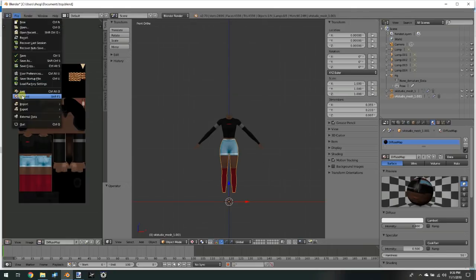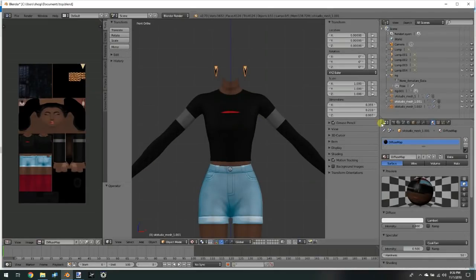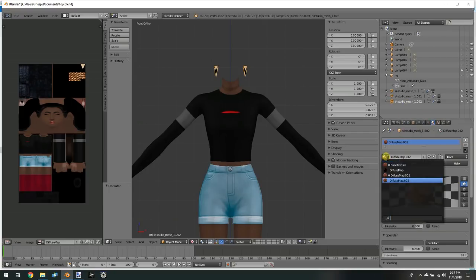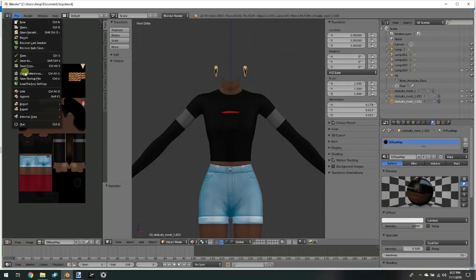So append, go back up, we're going to do our earrings. And we delete the rig here. We should only have this rig. Any rig that's appended, just delete it. Then we're going to replace the texture again. So we're in material, replace the material, diffuse map, since the texture was still the same. I didn't see a change here. Next, append